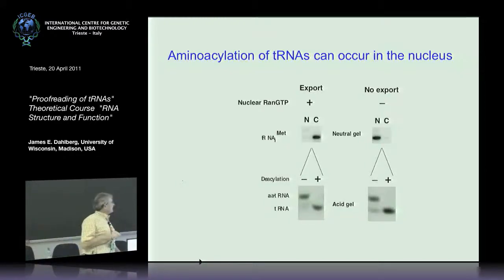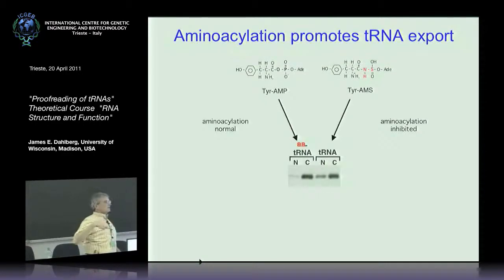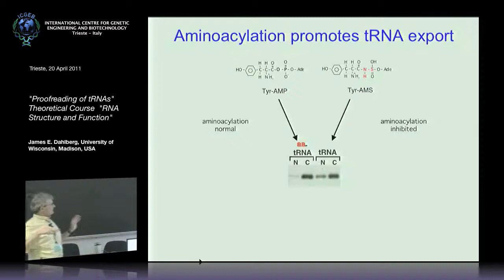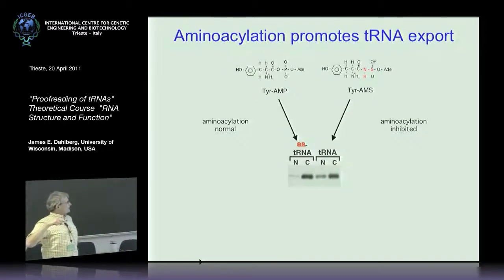So the question is then, what is the function of that nuclear aminoacylation? And we postulated that it might facilitate nuclear export. That's the whole idea here. And to block aminoacylation specifically in the nucleus of the tRNA, we put in an inhibitor of aminoacylation, and